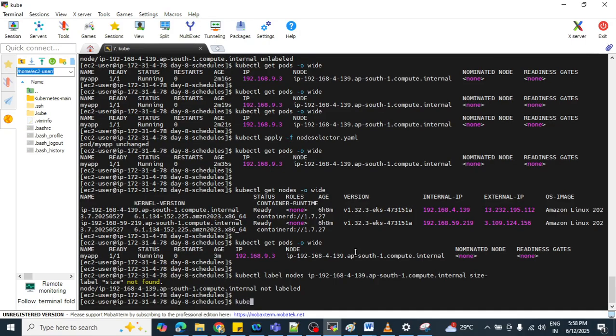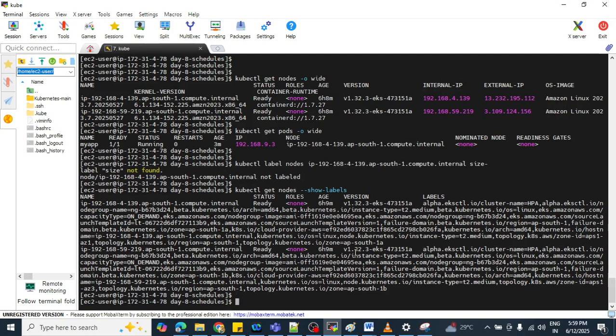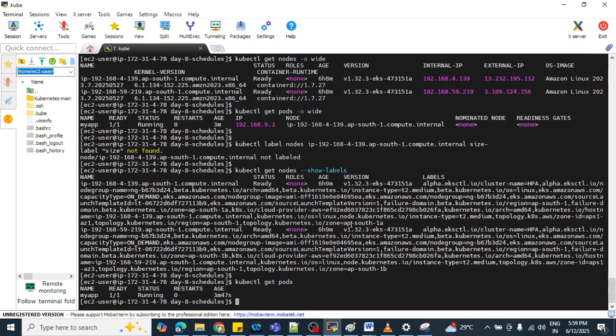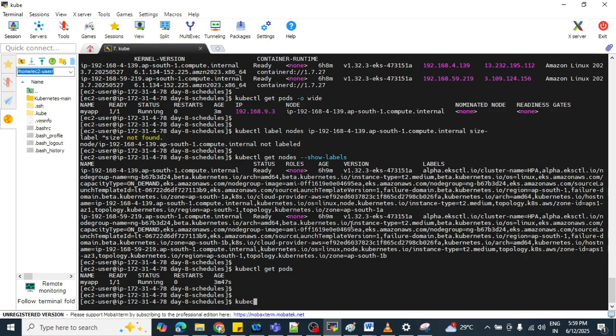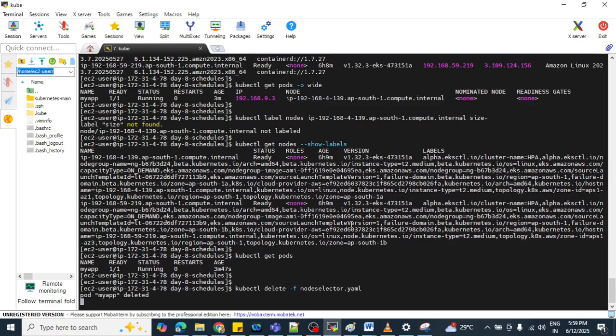To see if it is unlabeled or not, run kubectl get nodes with --show-labels. You can see this particular node is unlabeled. Then kubectl get pods. Now let me delete it: kubectl delete -f nodeselector.